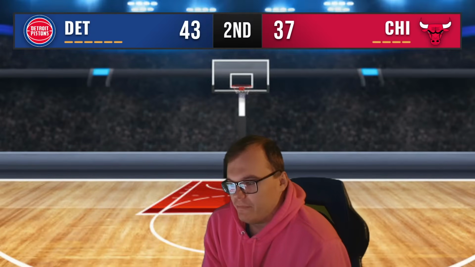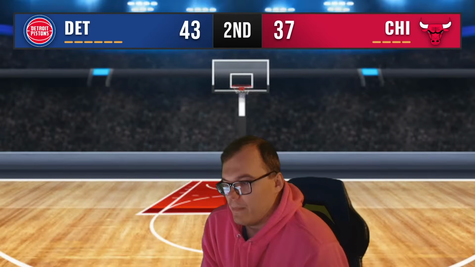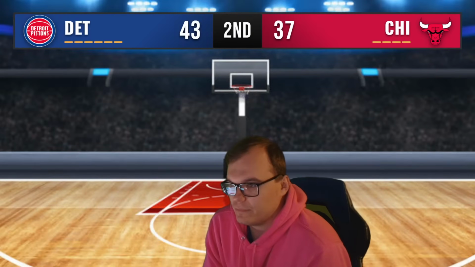Asar Thompson finds Jalen Duren, top of the key here. Tobias sets the screen. LeVert working to dance on the Bulls here. Underneath to Tobias Harris. Double teamed by Chicago. Tobias is swarmed. He's looking for help here. Bulls nearly steal it away. It's going to be Pistons basketball. Okoro goes diving into the stands. Good defense from Chicago right there.